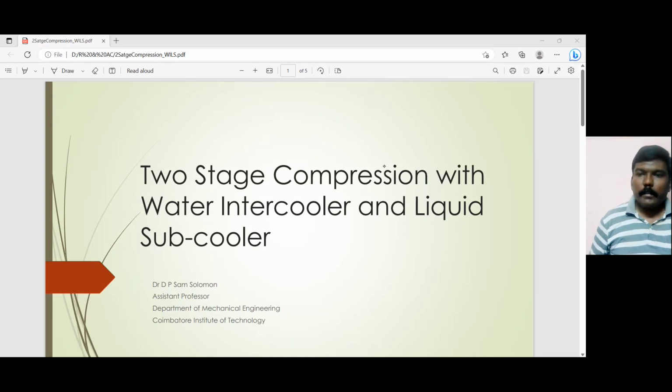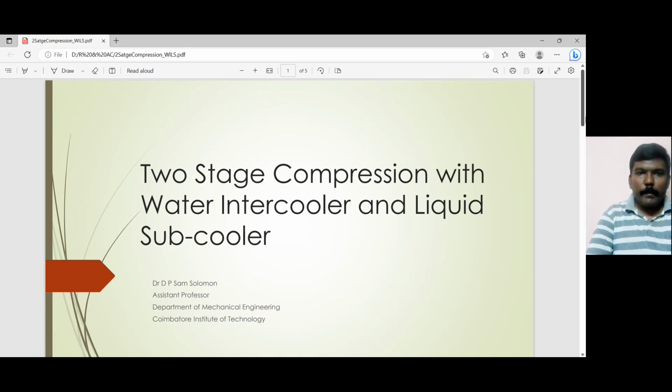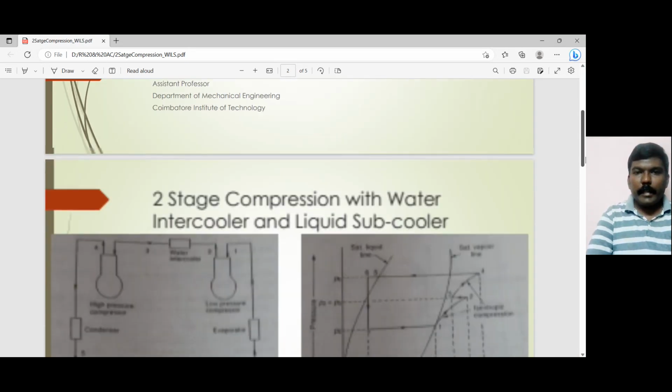Welcome back. In this lecture, we will talk about two-stage compression with water intercooler and liquid subcooler. We have already done two-stage compression with the liquid intercooler in the class already. Now if you look at the layout,